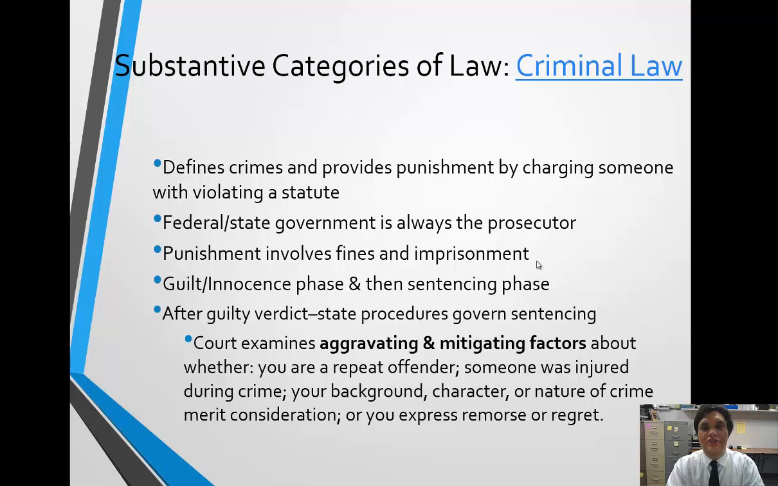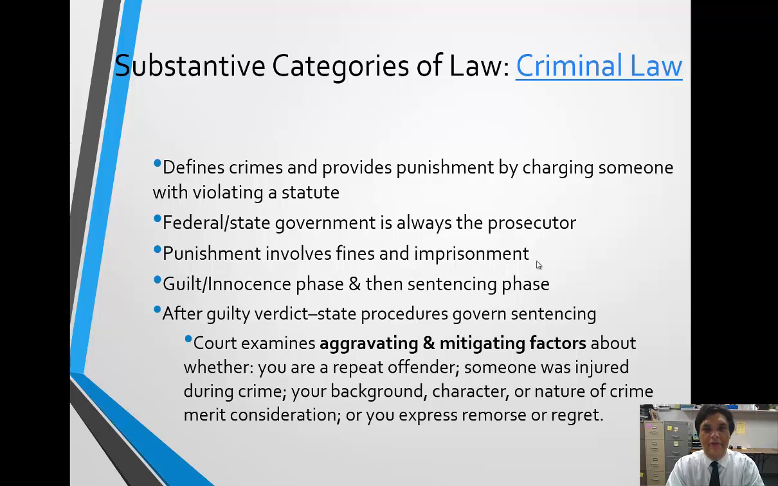And then as soon as you have the trial, you have the sentencing phase. So after a guilty verdict, let's say the criminal was found guilty, the state procedures then govern the sentencing. Whichever state you committed the crime in, that's how you are sentenced, based on the state law that you are charged in. The court will obviously examine aggravating and mitigating factors,